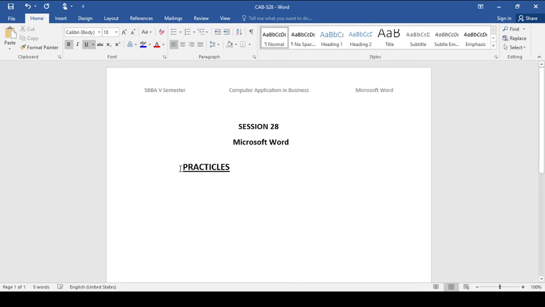So changing can be doing the alteration, it can be saving the document, it can be making bold, making italicized, increasing the font size, decreasing the font size. Everything can be done very easily here. So editing in Microsoft Word is very easy. Any change whenever we want, we can easily carry out and do